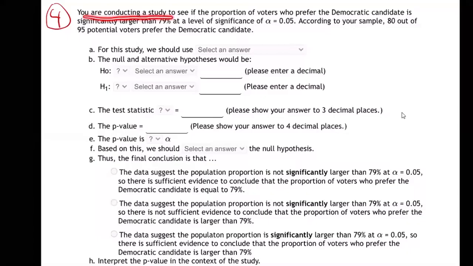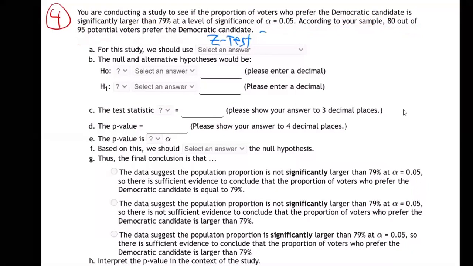You are conducting a study to see if the proportion of voters who prefer the Democratic candidate is significantly larger than 79% at the level of significance 0.05. According to your sample, 80 out of 95 potential voters prefer the Democratic candidate. All right. So for this study, you should use, again, it's the same thing,